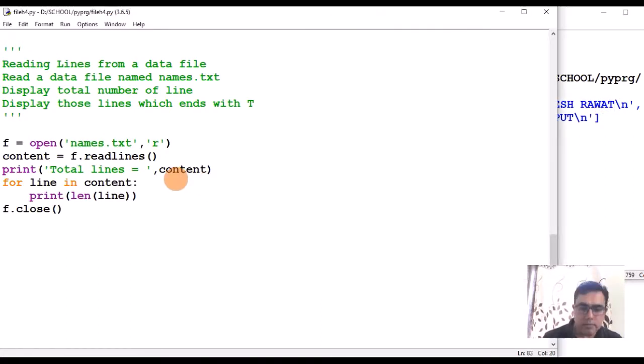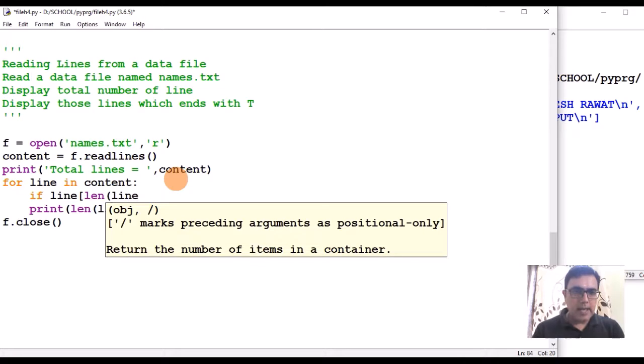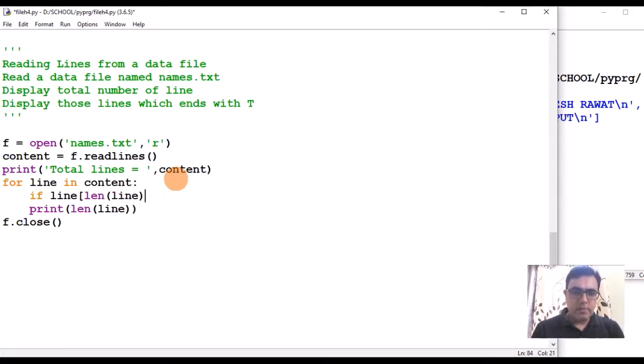Now I will check the last character. How will I check the last character? I'll say if line, then I have to give the index, len of line minus 2, is equal to t.